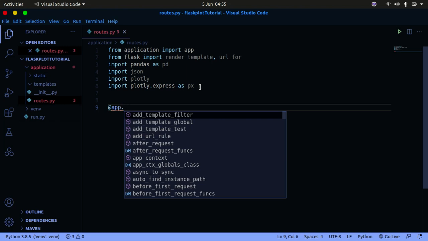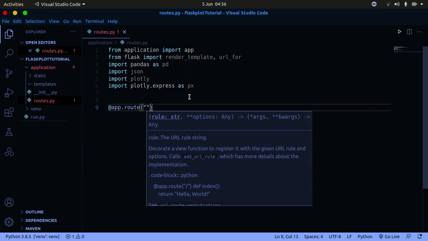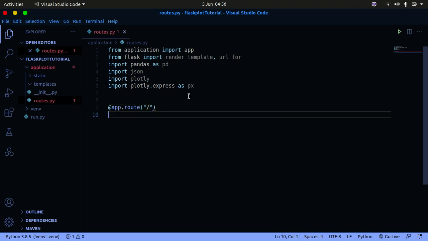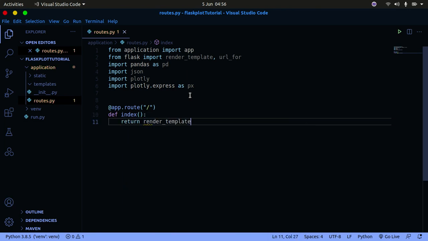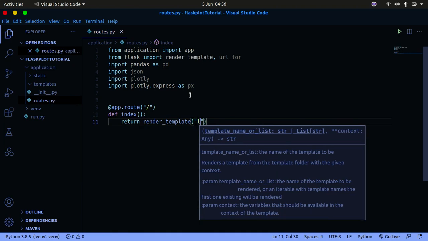Okay, so I'm going to create a simple route here. I'm going to call it app.route, and I'm going to just be of index, right? So in here I'm just going to have a function called index. It takes in no arguments, so it's just going to return render template. So we're going to render template, and we're going to specify, you're going to call this template